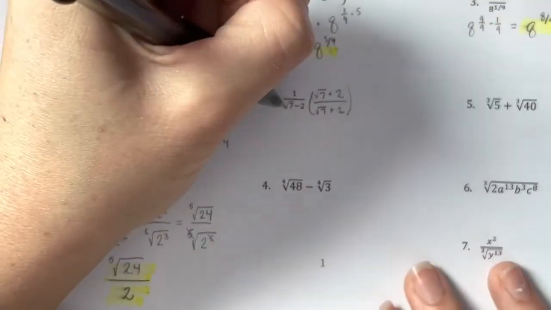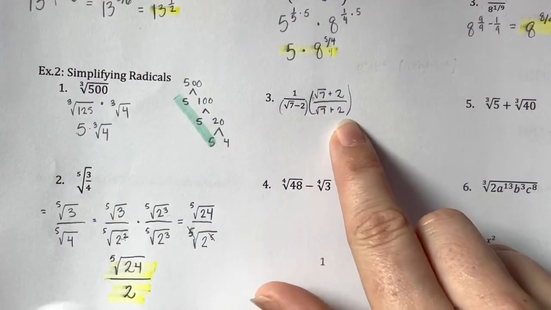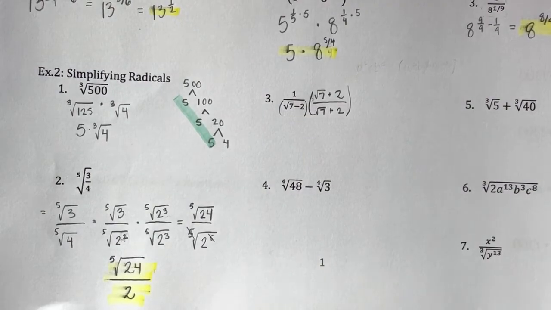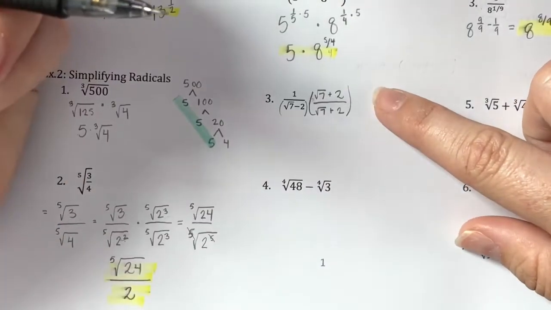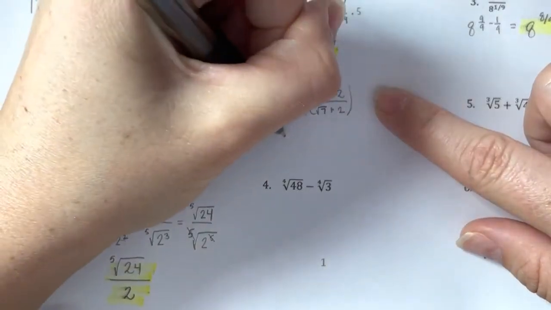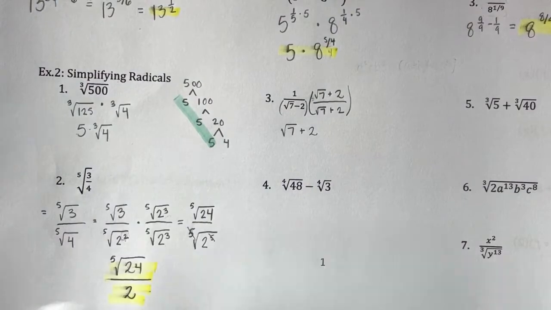And the reason is because we're going to FOIL this, basically. We're going to FOIL the root 7 minus 2 times root 7 plus 2, and the radicals are going to cancel out. So in the numerator, I'm just multiplying 1 times root 7 plus 2, so that just stays root 7 plus 2. And then in the denominator,